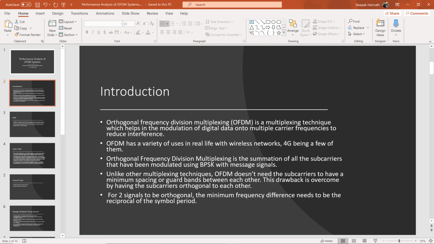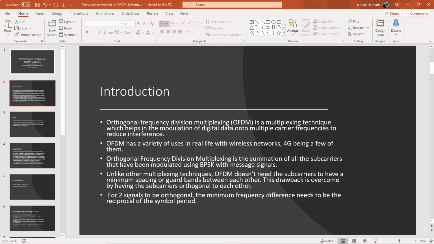In simpler terms, orthogonal frequency division multiplexing is a summation of all the subcarriers that have been modulated with message signals. The modulation technique that we'll be using in this project is BPSK. Unlike the other multiplexing techniques, OFDM does not need the subcarriers to have a minimum spacing or guard bands between each other. Now, this is the advantage of OFDM, and this is actually done by having the subcarriers orthogonal to